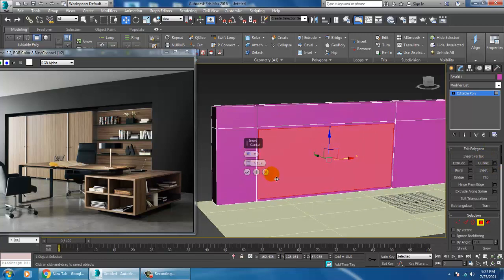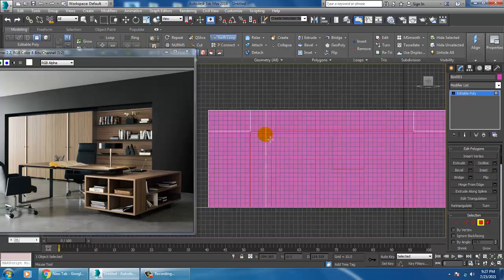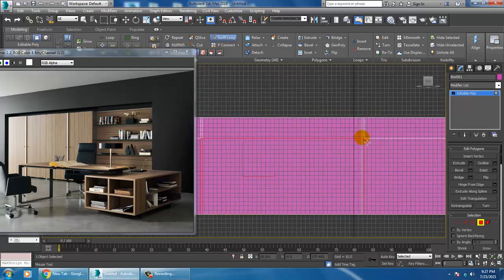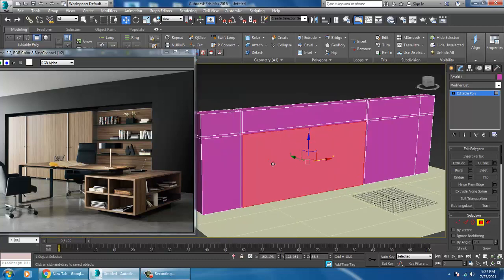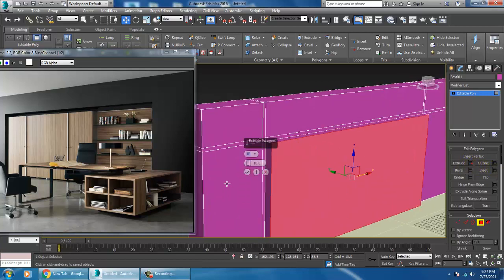Before inserting it, instead of inserting it, I'll go over here and add some loops. That would be much better for me. I'll select this and slightly shuffle it inside over here.